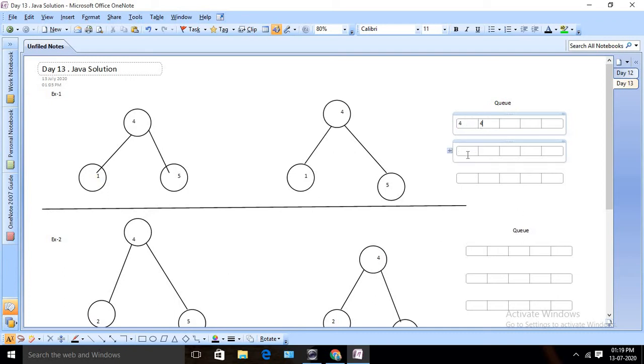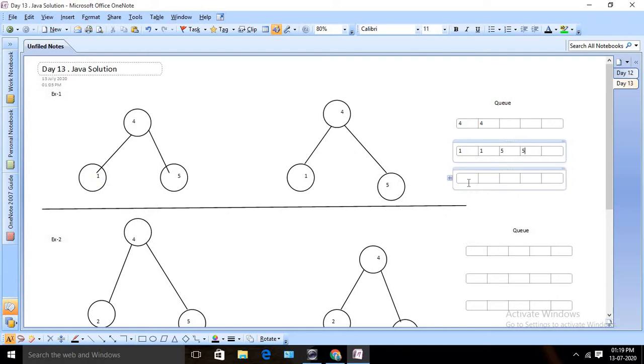Then in the next iteration, I will remove from the queue. As I already said, a queue is always first in first out, so I will remove the first two elements from the queue. After removing them, it will become blank, right? Then I will perform that logic, and if all the logic passes, I am going to move further. I am going to insert the left child first, then the right child. In this case our left is 1, and again for the other tree it's 1.